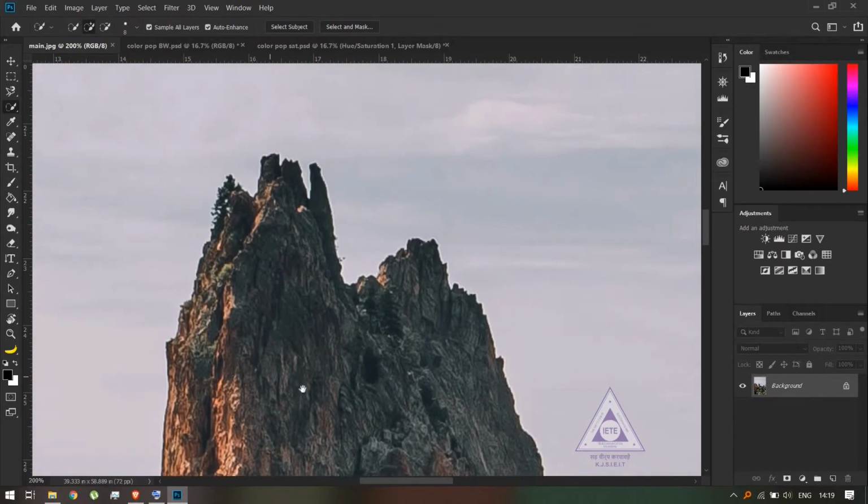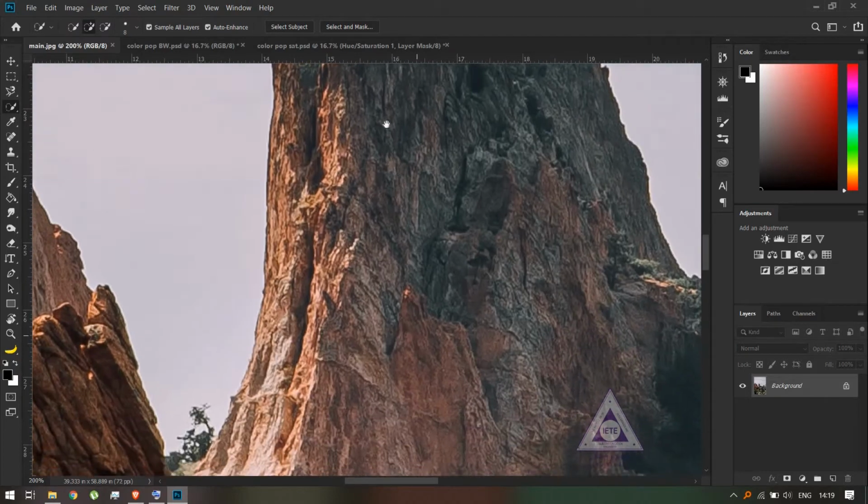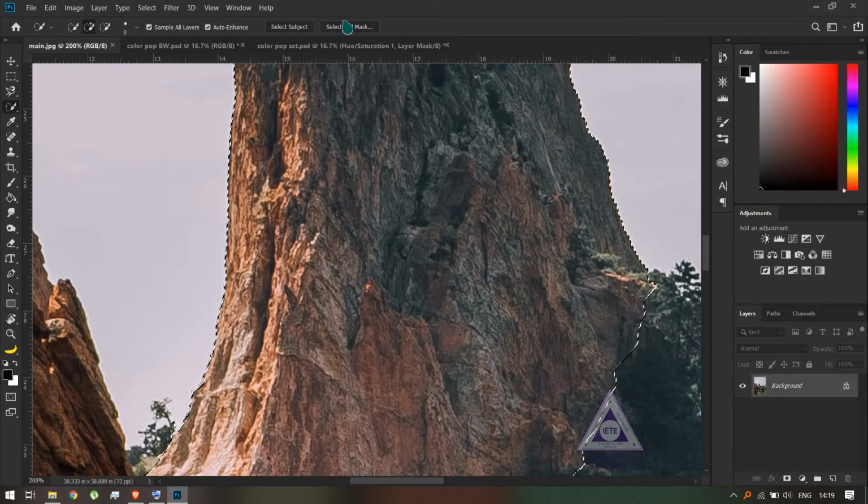And I think you have a pretty good selection, but just in case you want to refine your selection, you have this tab here which says select and mask, which basically allows you to make an even better selection of what you already have. If you click on this, it will take you to another tab, but just before that, whenever you're making selections, just make sure that this checkbox which says sample all layers is checked. So in case there are multiple layers and you want to select a part of a layer which is not the one you have selected, you can still make the selection if this checkbox is ticked. So for now let's go to select and mask.